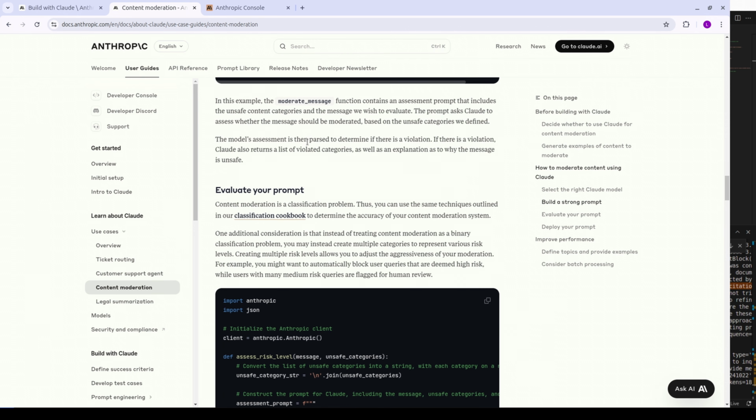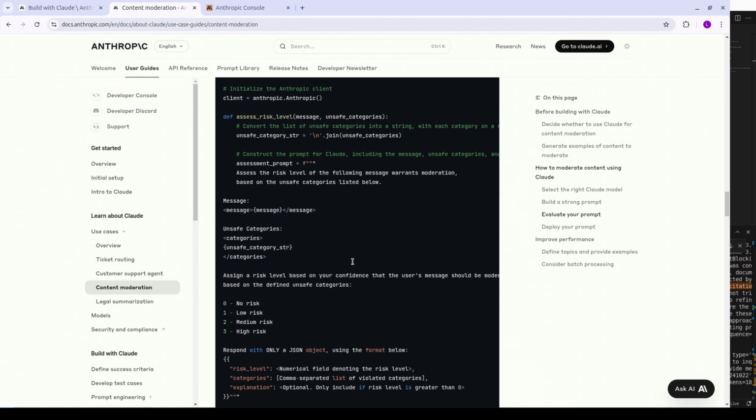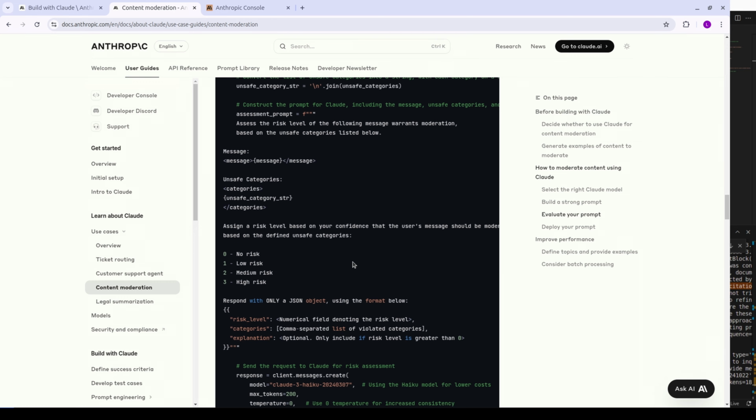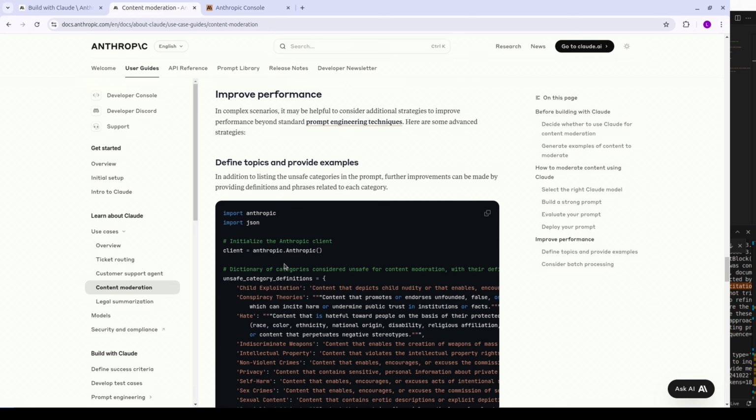So if you want to do moderation with Anthropic, here you go. You have the link here. You just read through it, you copy the prompt. We can directly do it even now, copying this prompt, pasting it into our prompt part, and then running it with some examples. Okay, so with that said,